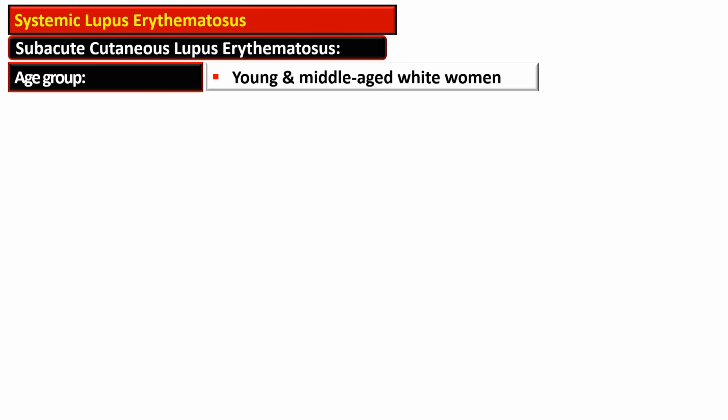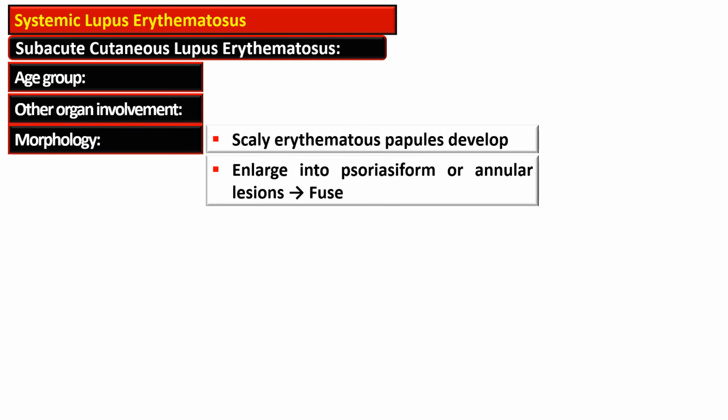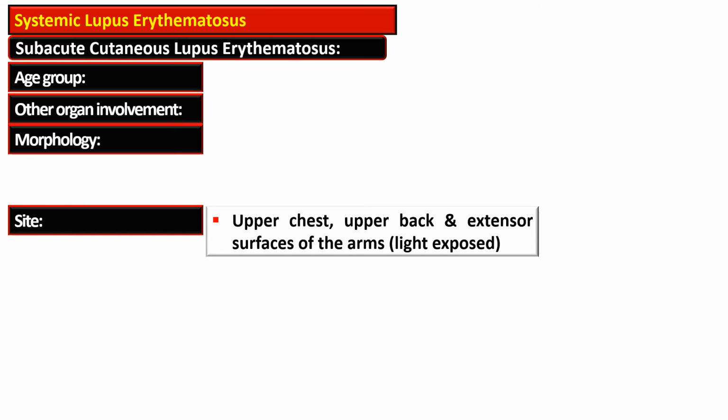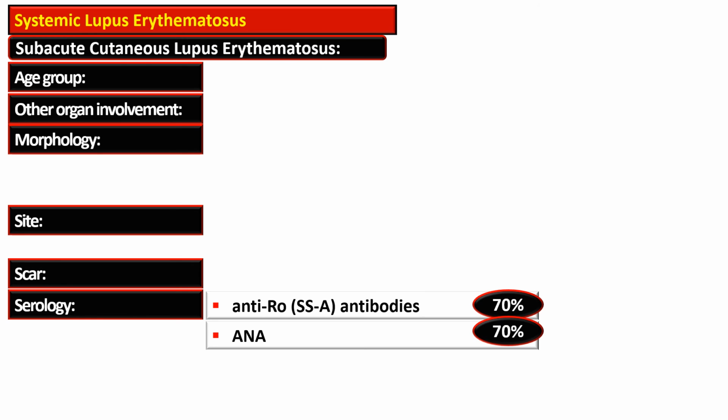The subacute variety of cutaneous lupus erythematosus affects young and middle-aged white women most, and it is associated with musculoskeletal system and kidney involvement. Morphologically, this is a scaly, erythematous lesion, and papules develop, and these enlarge into psoriasiform or annular lesions and then fuse. The sites of these lesions are the upper chest, upper back and extensor surfaces of the arm, the areas that are exposed to light. It is not associated with scar formation, and on serology,